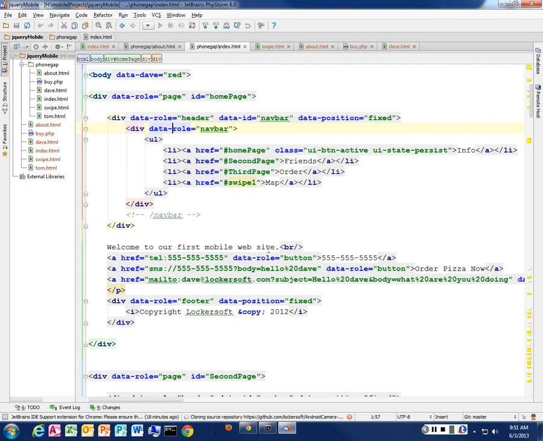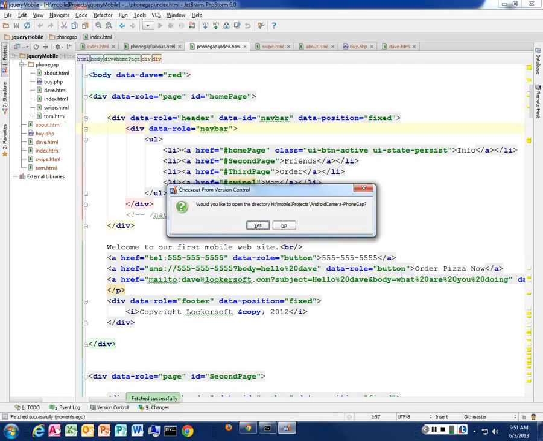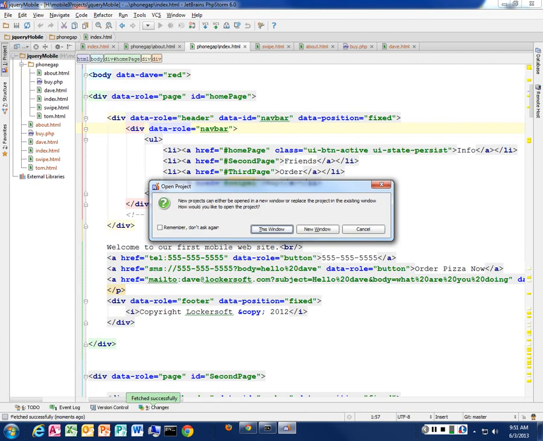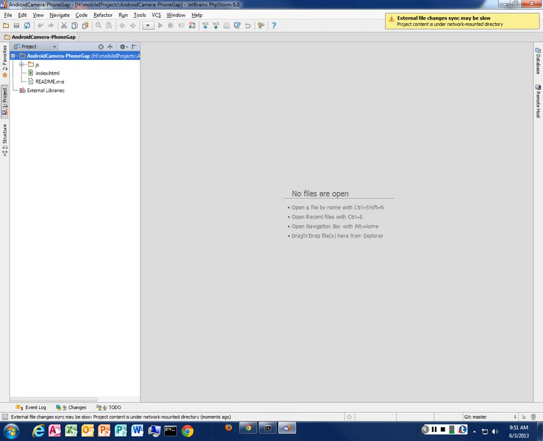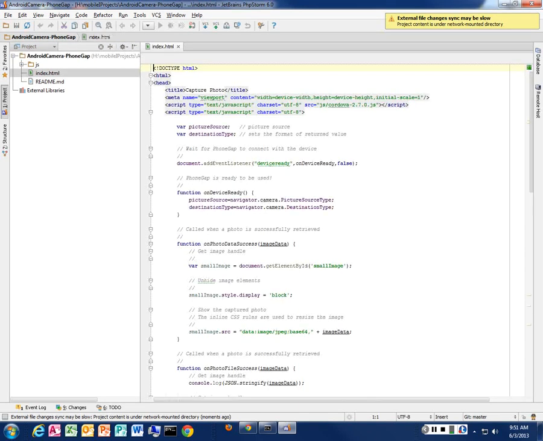Come on. It's working down here. And it says it's going to create a new directory on my local computer, and I'm going to have it open into this window. So this is my project that I've already been working on. And these are the files that I have. So I have an index.html file, and I have a JavaScript file, which is the actual Phonegap JavaScript file that I have to include. So to get that file,